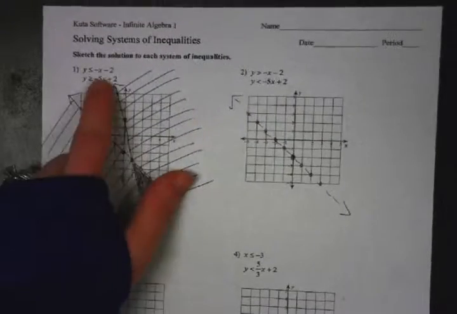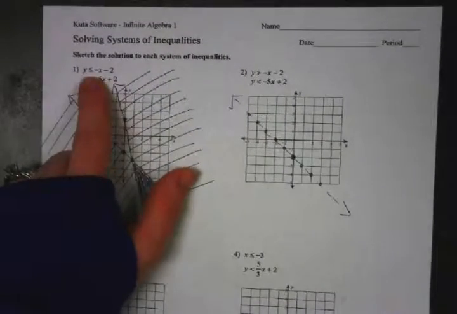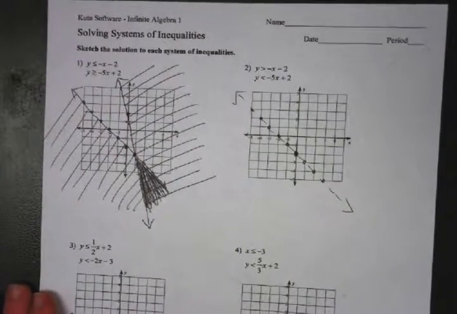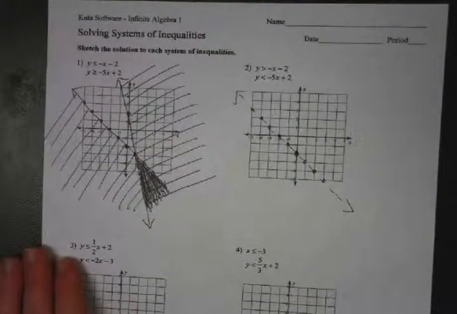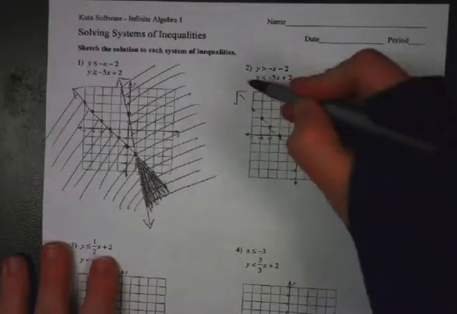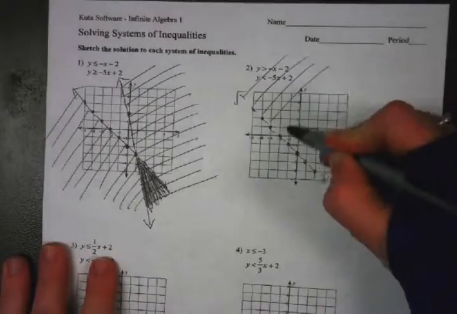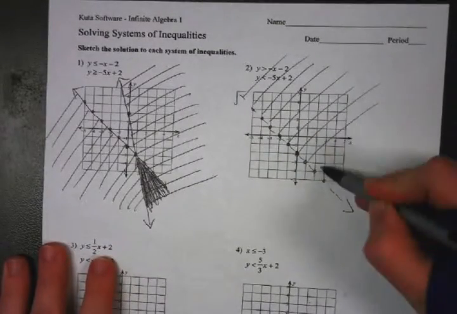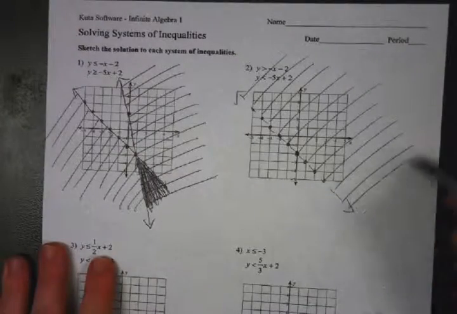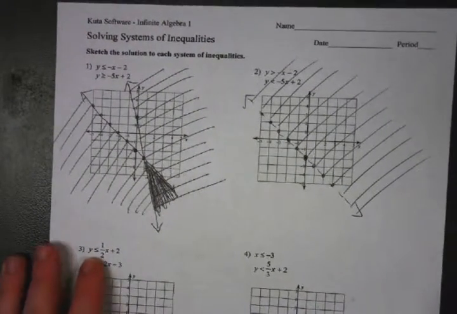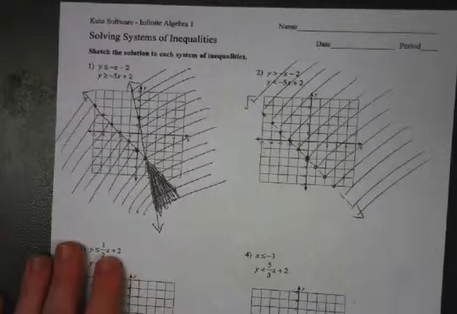Okay, it's the same. Oh, it's the same exact equation as that. Okay, it's dashed, and it's y is greater. So which way am I going to shade for y is greater? Above and to the right? Okay, and then